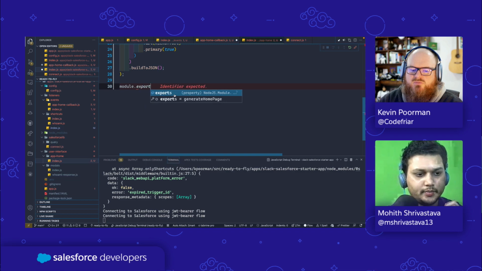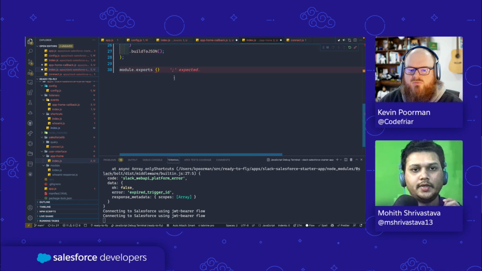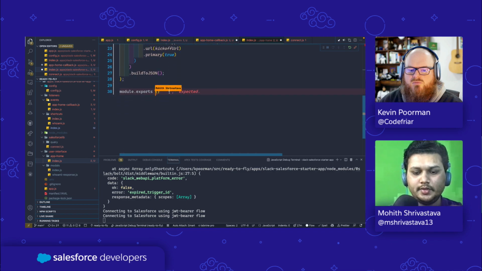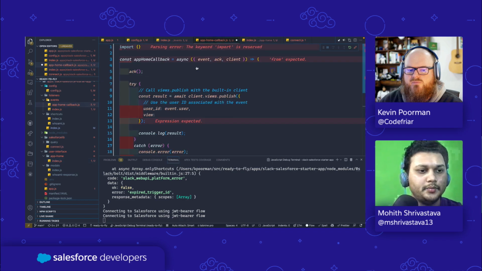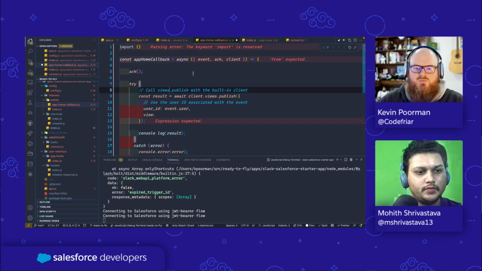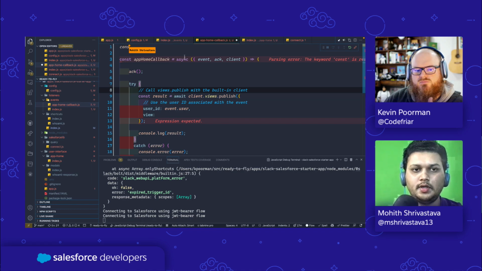Which one was that? This one, right? So module.exports equals generate home, right? Yep. Okay, now we can import that generate home in the app home callback. This is where we are coding, right? So const